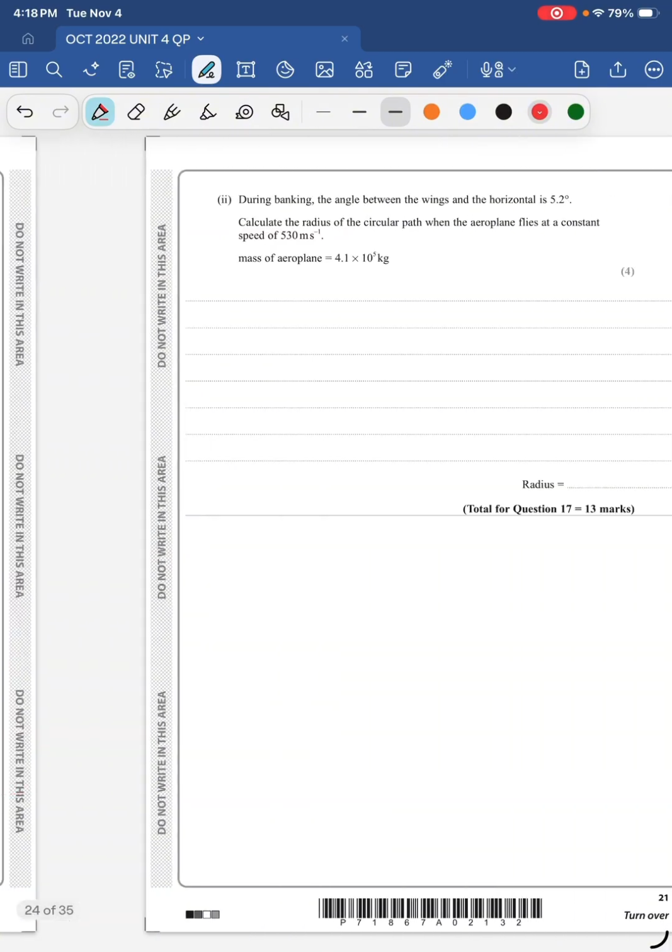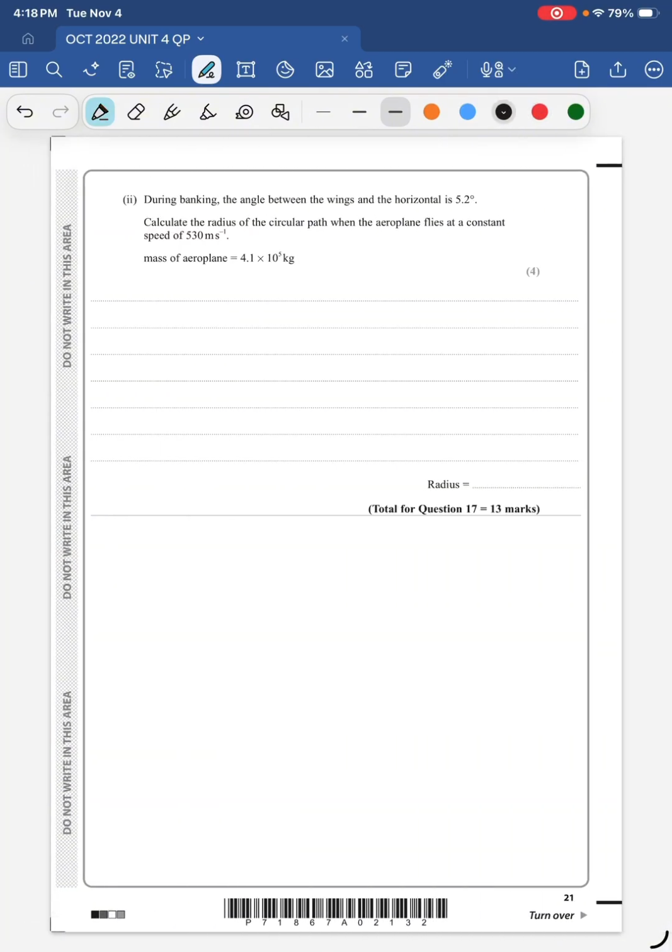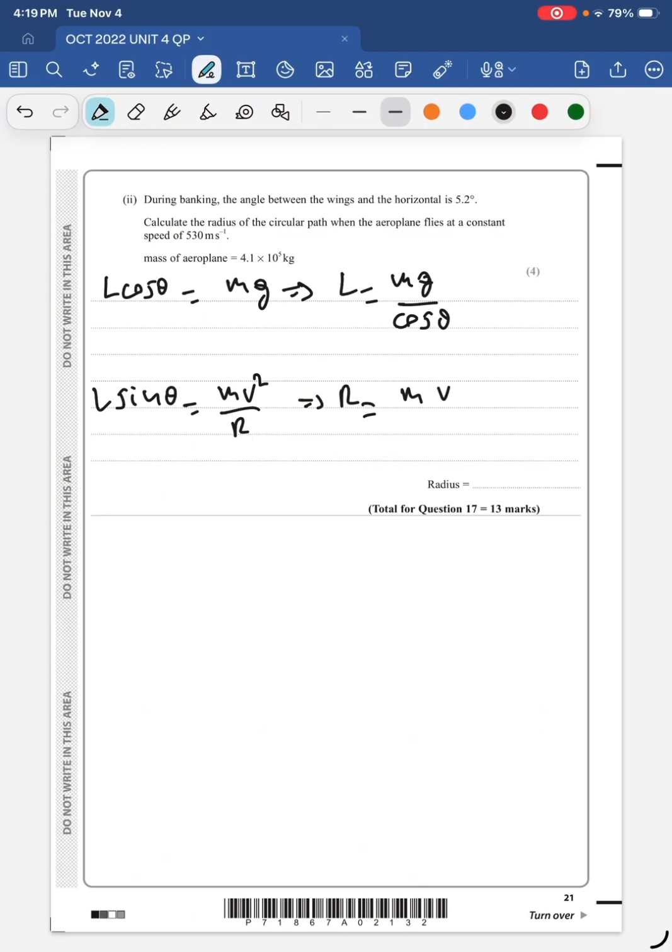Okay, so L cosine theta is equal to m times g. So the lift is equal to m times g over cosine theta. Okay, but we can plug this into the other equation, which is L sine theta equal to m v squared over r. So r is mv squared over L sine theta, but we can plug L in, so we get